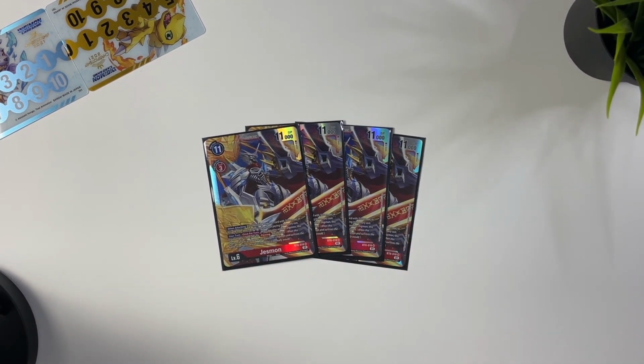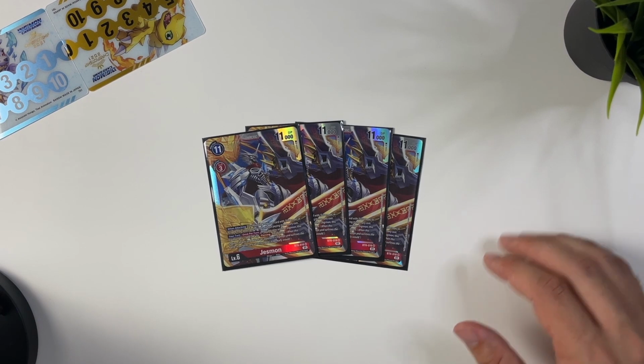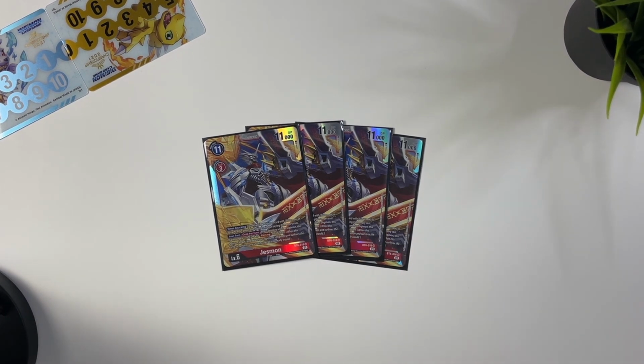Jesmon has some really good effects. The first is when attacking, you may play 1 Systemon from your hand or your trash without paying its memory cost, and that's not once per turn. So if you have that Savior Hackmon underneath and you get to restand, swing again, you get another Systemon out,